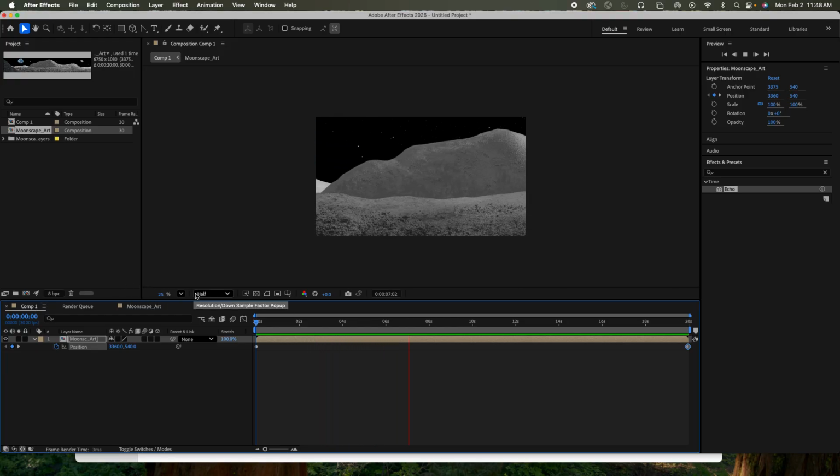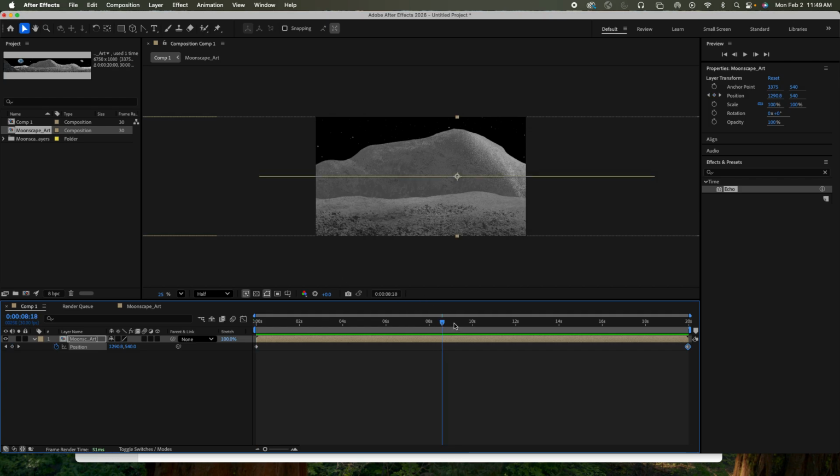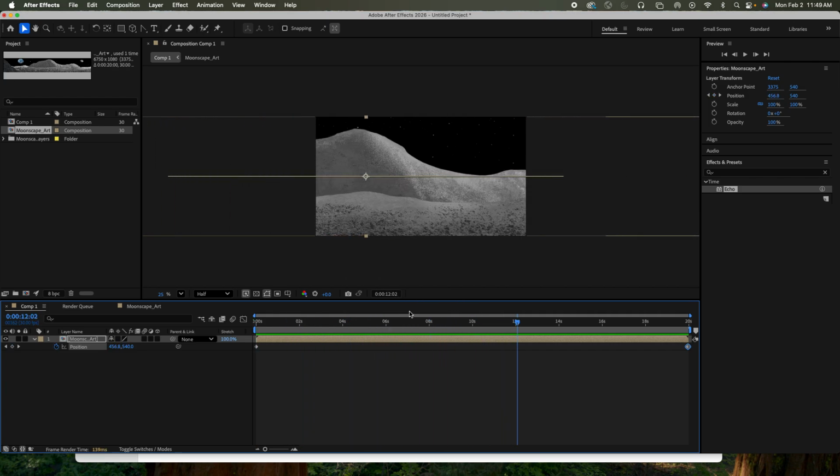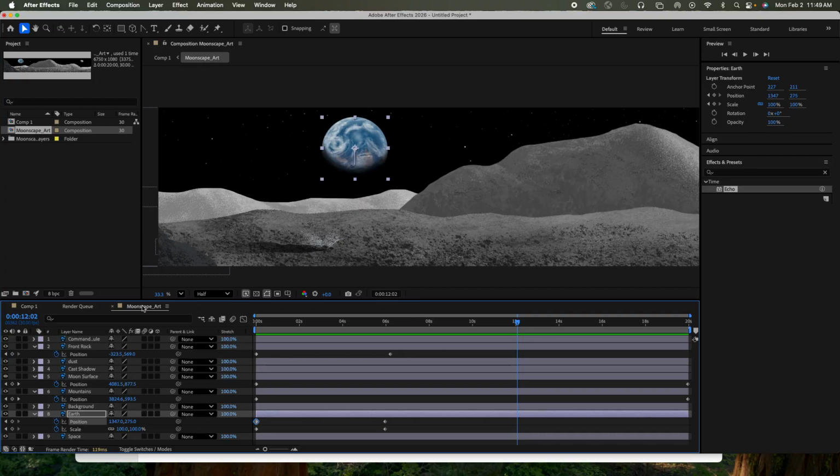The Earth's in the same position. It may get, and I just like the way that looks. That's why I'm putting this in the animation. So the next thing we're going to do is let's go over to Moonscape Art here, and we can zoom